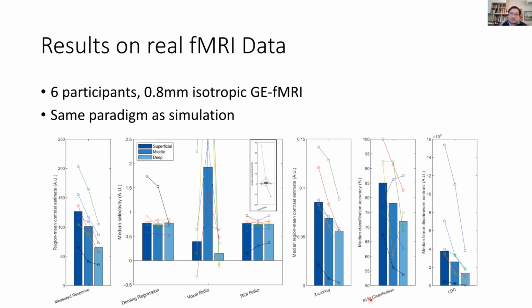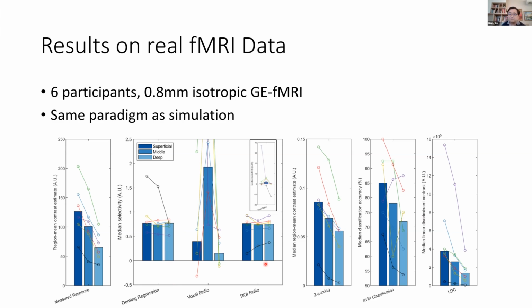Z-scoring, SVM classification, and LDC all show some amount of superficial bias. And this is what we're trying to highlight: it's important to correct for superficial bias, because if you were to look at one of these 3 metrics, or even all of these 3, you might draw an erroneous conclusion that there's stronger signal in the superficial layers. Whereas based on our simulation and the data I showed previously, the correct conclusion from this data is likely that there's a flat attentional profile, as shown by Deming regression